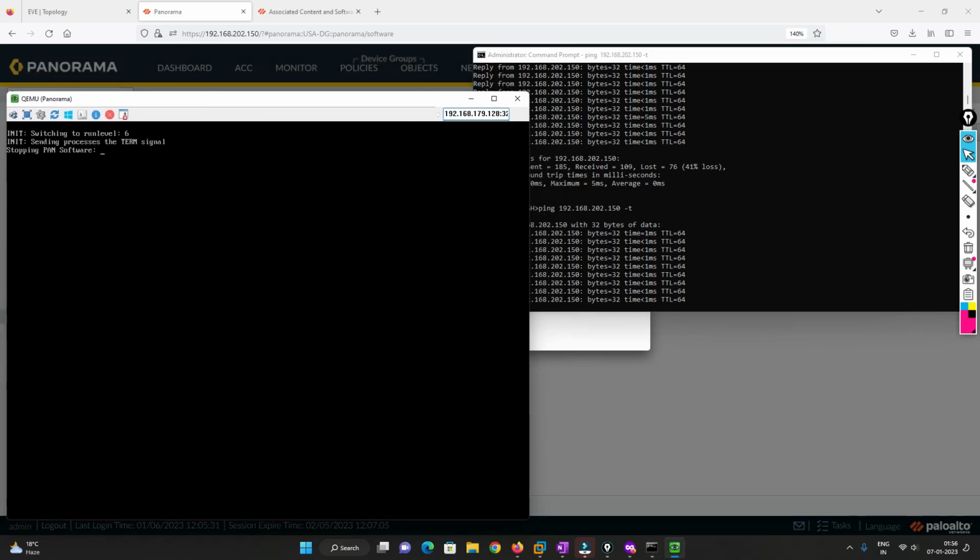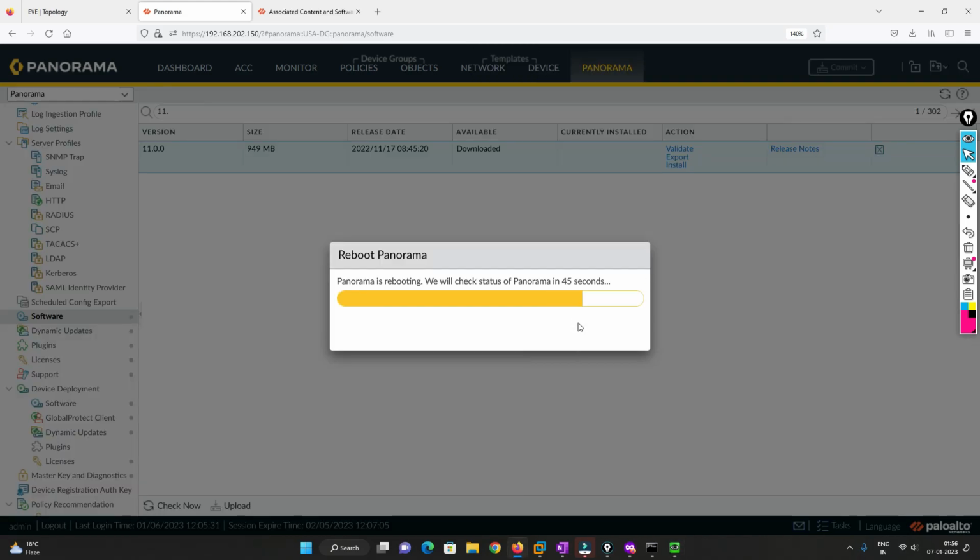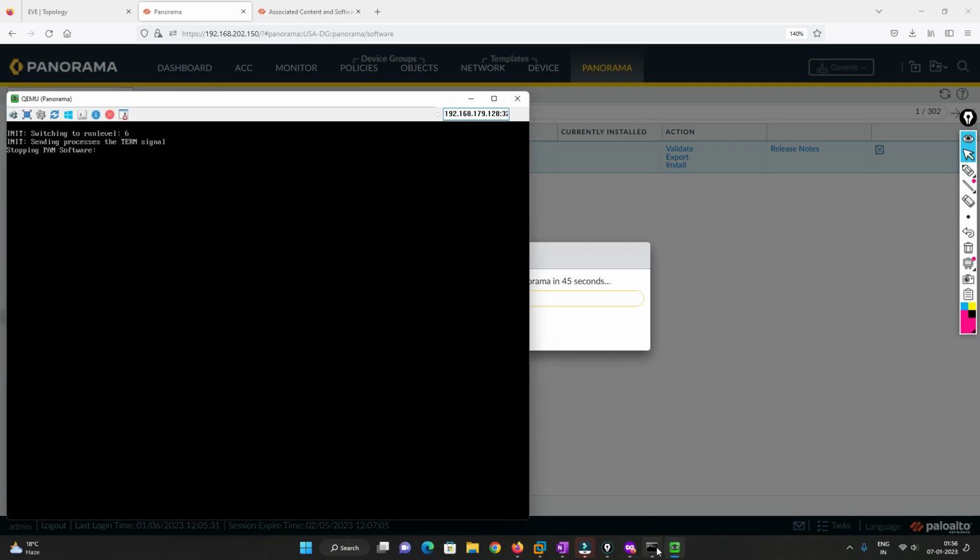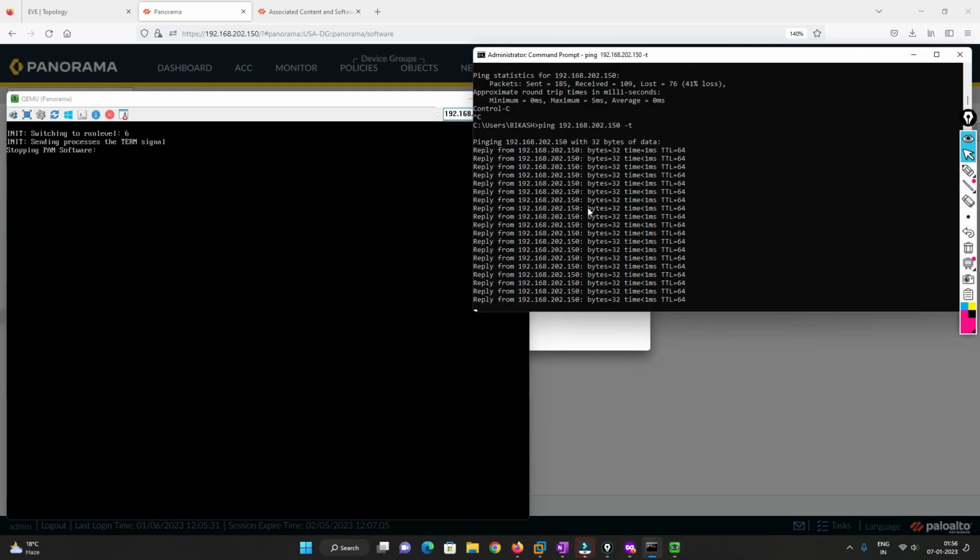It is stopping the Panorama process, and after that the networking will be stopped. Okay, so till that time we'll see how it goes with the base version. I have never installed it, I never experienced it, so let's see what happens in the lab and how it reacts to pushing any policy or something